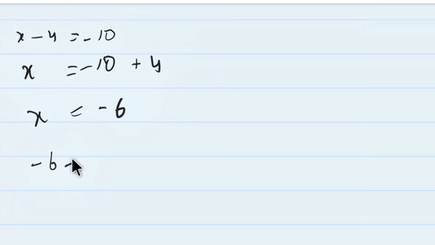If we want to isolate x on the left hand side, simply take 4 to the right hand side and change its symbol to plus. So x is equal to minus 10 plus 4, which is minus 6. Now we check the solution. To see if this method gives the correct solution, replace x by minus 6. So minus 6 minus 4 is equal to minus 10. Since both sides are again equal, x is equal to minus 6 is a solution of the given equation.